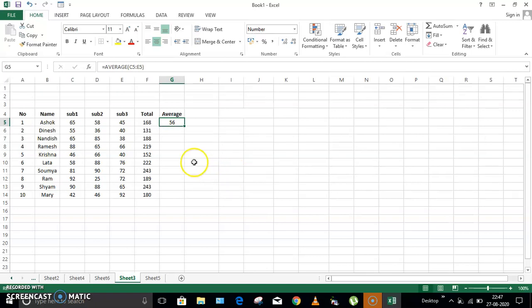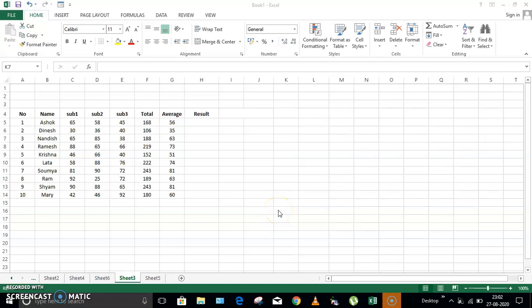first student. And as I have told you already, for the total, you just take your mouse pointer over the cell where you have found the average, where you have written the formula, and just drag it for the other values also. This will save your time, as well as it is just copying the formula for the other cells also, so that you can find the average very easily and very fast. Okay, this is about the basic formulas that we are going to use with Excel.